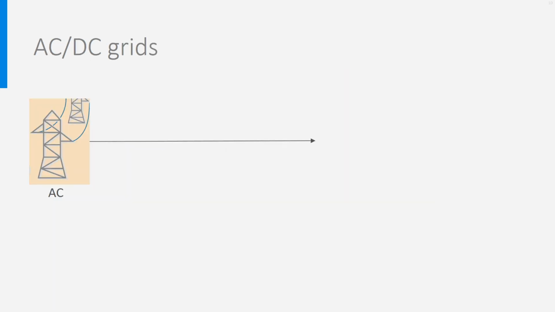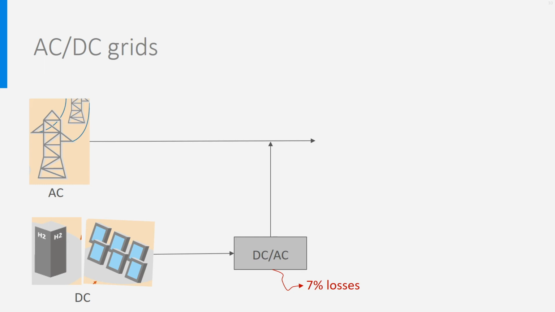Which brings us to some facts about electrical grids. We have seen that electricity produced by engines and turbines was alternating current, AC. That's one of the reasons why the electrical grid is AC, and also home current is AC. But we have seen that PV cells and fuel cells produce DC current, as do batteries. So, to use this current in the electrical grid, it should first be converted to AC current. During this conversion, around 7 to 10% of the power is lost.